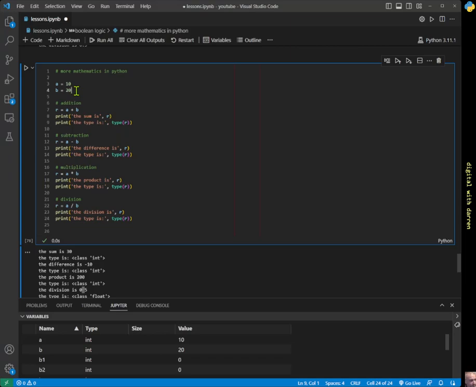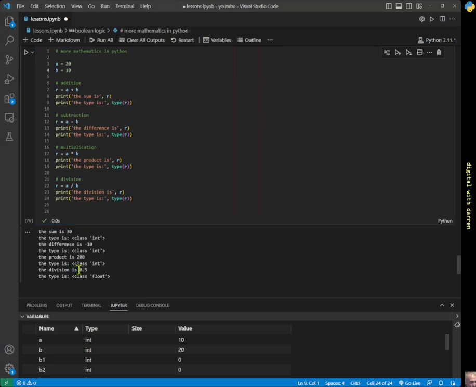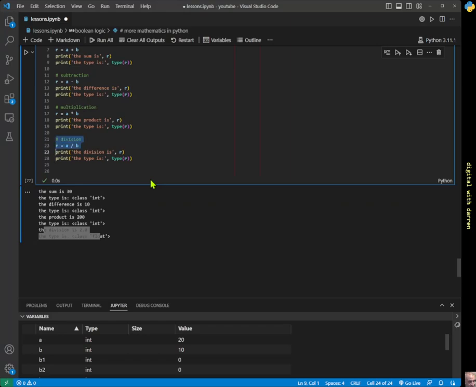So for example, let's create a case where we've got 20 divided by 10, so that our division will evaluate to a 2 rather than to a half, and what will come out of the Python interpreter here, and we still get a class of floats. So what we are actually seeing, and I might actually just switch this one back, so 10 and 20, and just further down below I'll put a second division in here,